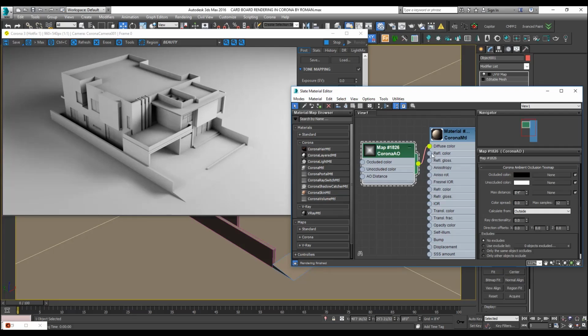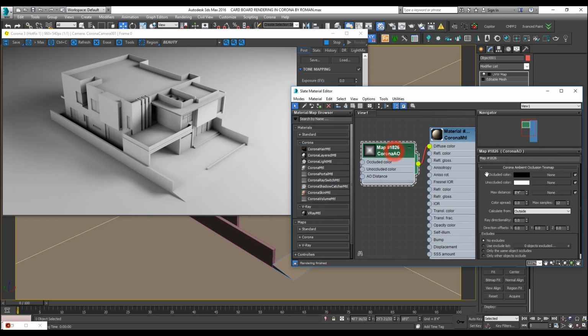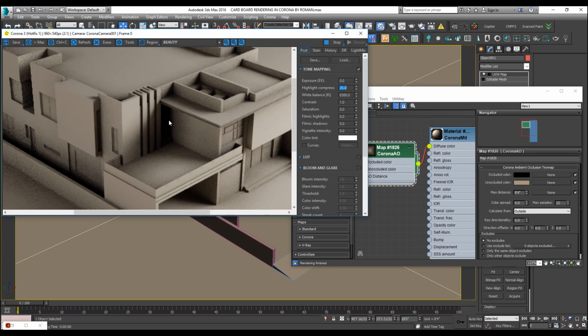What Ambient Occlusion basically does is, the area of the model where two meshes are attaching with each other, occlusion works specifically on that area, and unoccluded means the rest of the area where meshes are not attaching with each other. So let's see what next needs to be done. I'll go back in the main texture. I will assign the unoccluded part the same color. So now you can see what is happening with the model. The same color is back here, but I want to achieve this kind of thing